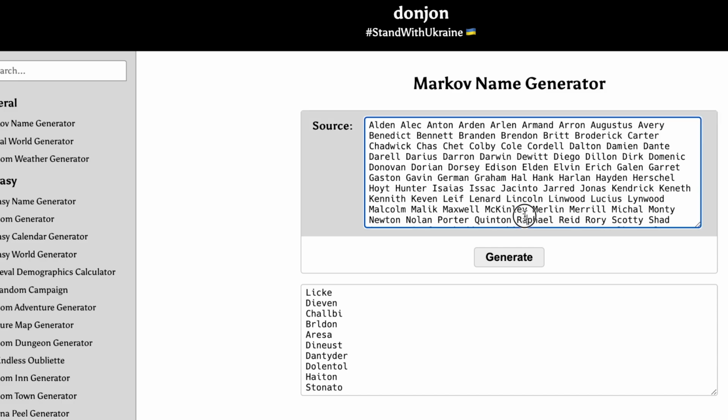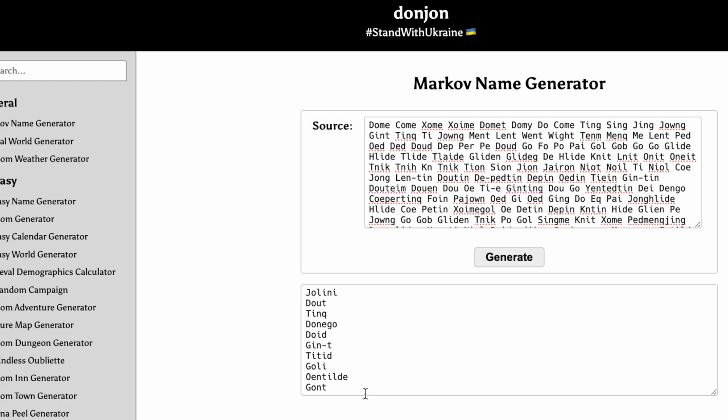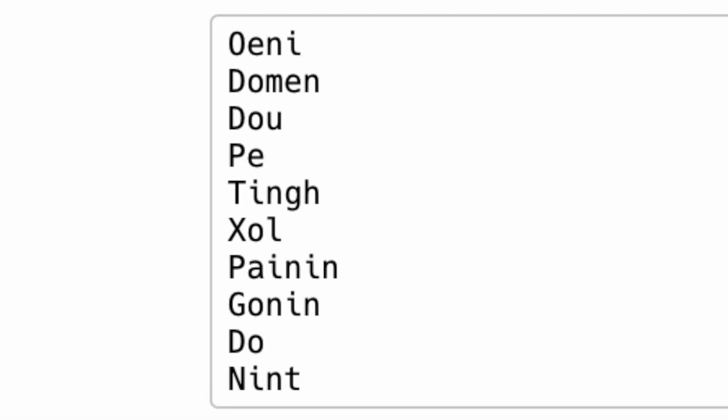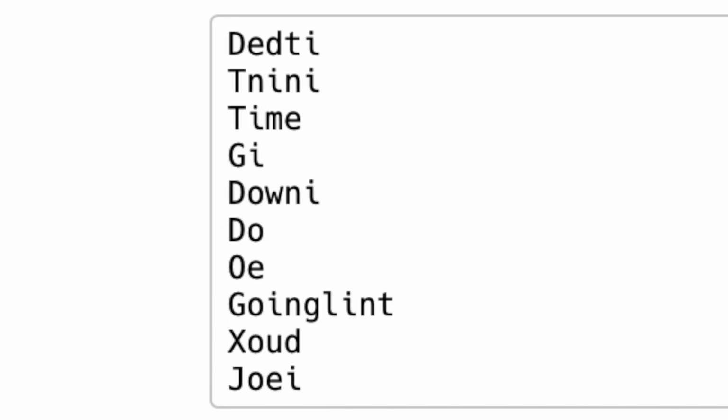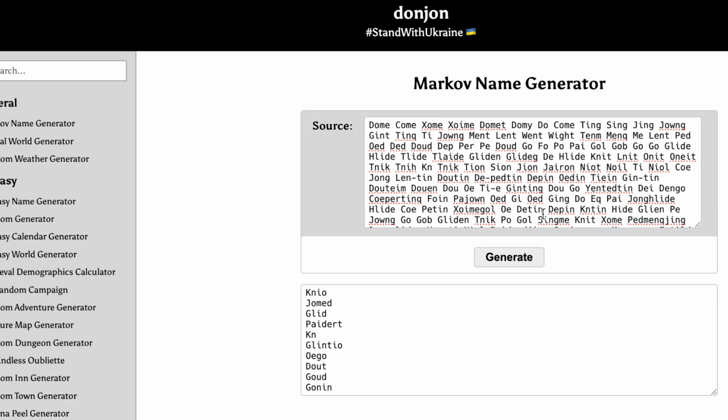We can now go to our good friend, Don John, and you can see here that they already have a loaded in data set here. We should be able to generate some new names and some new words in the language. You can see that they already start to devolve out from where we've been, but this allows us to have a language that is a little bit more evolving, changing. It still uses the same kind of like letters in roughly the same frequencies, but it allows us to very quickly just keep going and name a bunch of stuff. Look at this. Near infinite names, yeah, that use what we have already made,